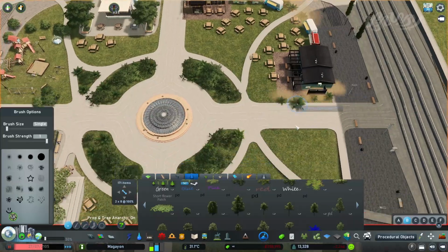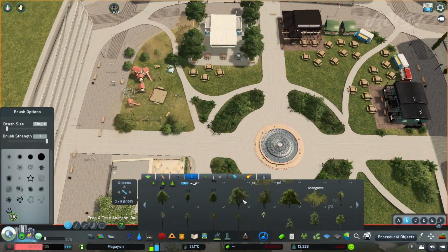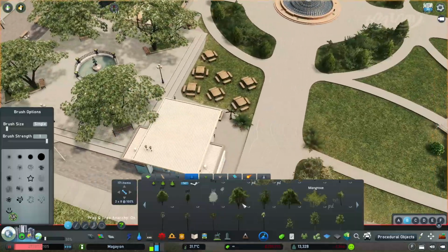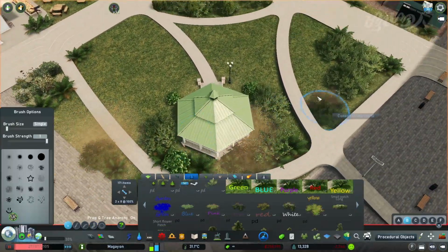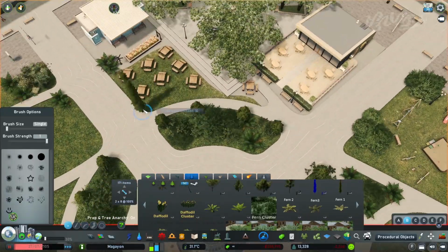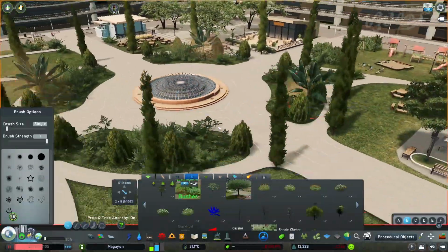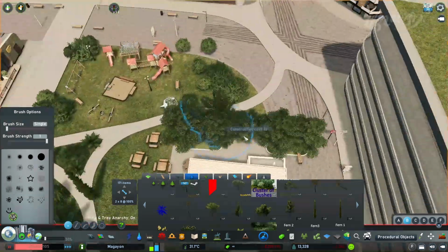And yeah, I'm just going to be detailing this all in. I'm leaving the central parts with bushes and low density, basta. It has to be short foliage, and we're keeping the big trees on the sides. Now I got heavy with the detailing here because it's a central park. It's a centerpiece of a city. We're going to be adding a lot of detailing in central parts of the cities because this is essentially where people are going to be spending more time, and if it's just residential, we're just going to keep it to